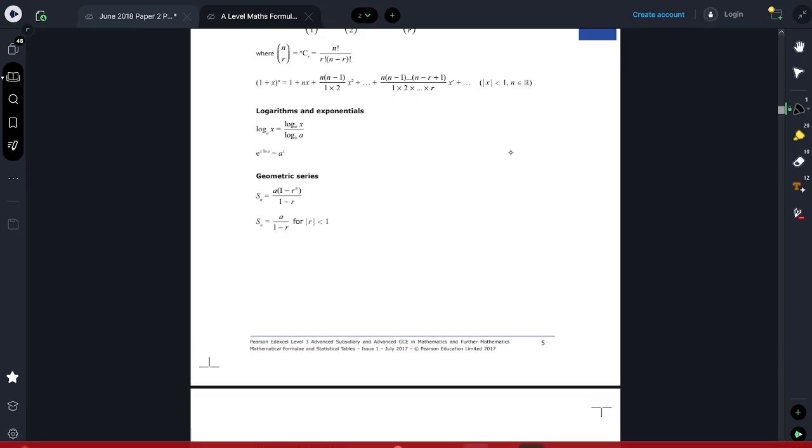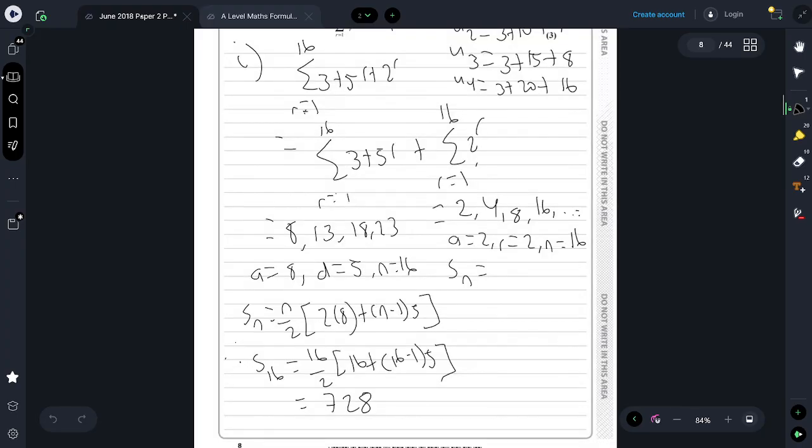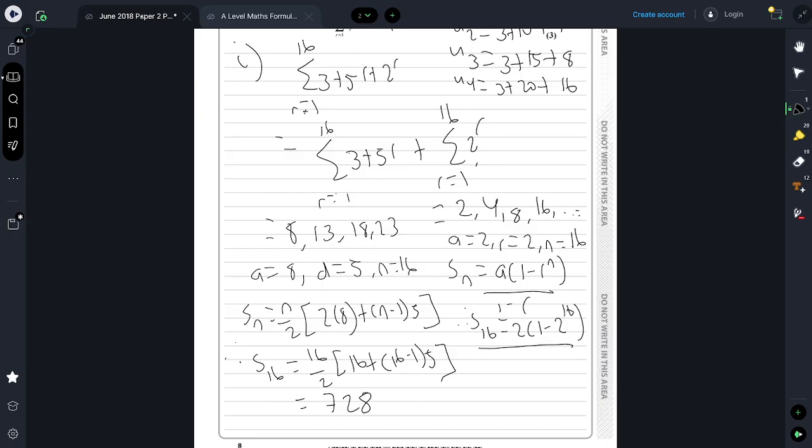It's a geometric series, right? So Sn, if I just copy the formula, is a(1 minus r^n) over 1 minus r. Okay, well then that means S16, if we substitute all our numbers in, equals 2(1 minus 2^16) over 1 minus 2. Again, plug that in, see what you get. And apparently you get this number here,